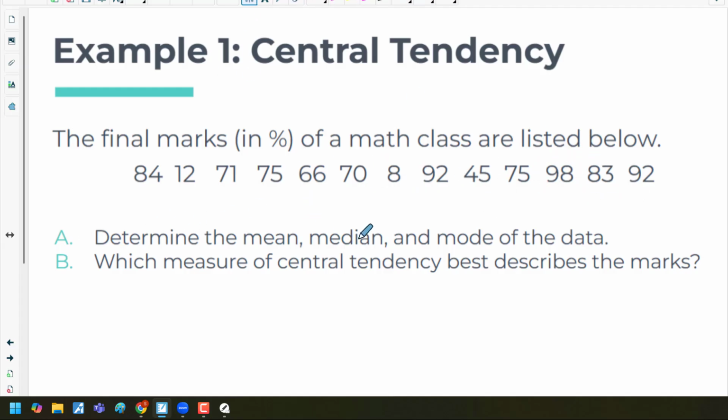But yeah, okay, determine the mean, median, mode of the data. So first thing I would do is I would just order these from biggest